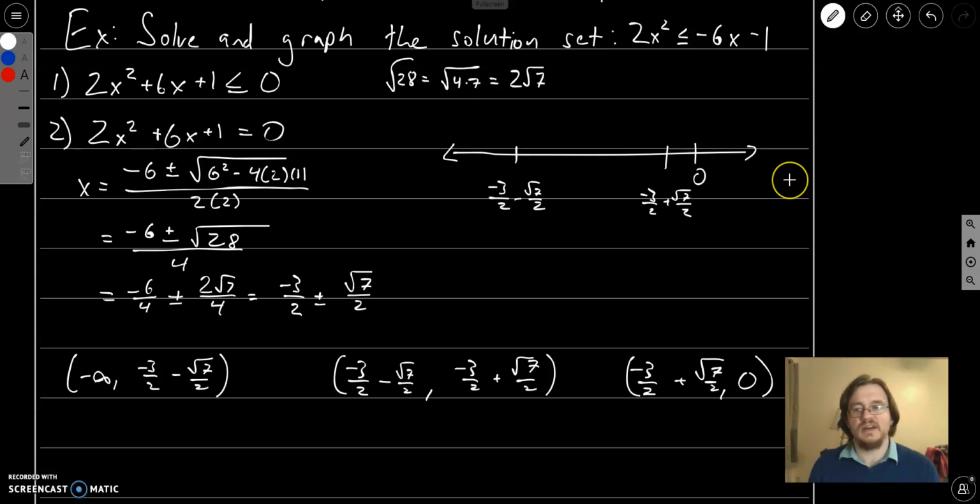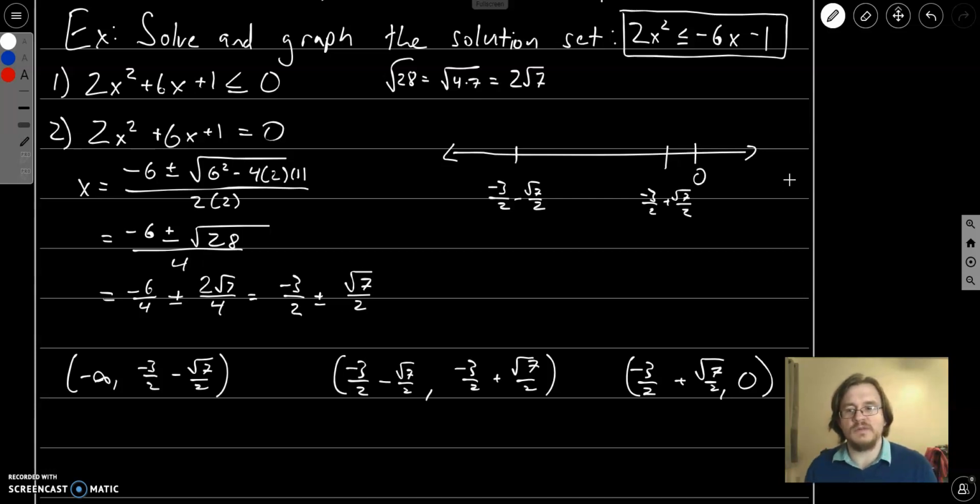Hello and welcome back. In this video, we'll begin with finishing the problem that we started last time. We were given this inequality, 2x squared is less than or equal to minus 6x minus 1. We first moved everything to one side so that we had our inequality with a 0 on one side, which makes it a little bit easier to come up with. The first step in solving an inequality is always this, but